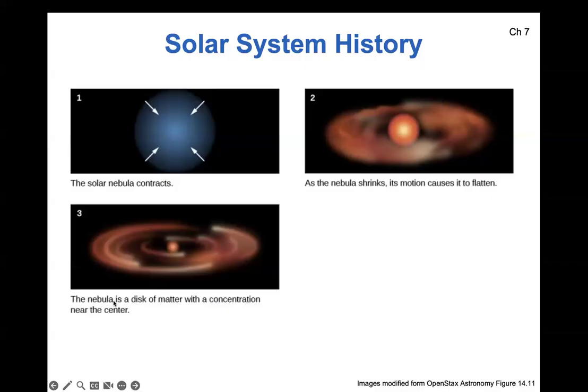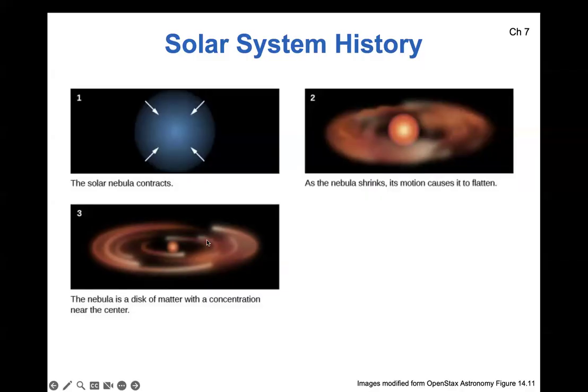As the nebula formed a disk of matter, there was a concentration of that matter near the center. I bet you can guess what that concentration became. In our case, it became the sun. In general, it becomes a star. And that's the vast majority of the matter, as we know. Some 99.9%, just leaving 1/1000th of the total matter left over as a